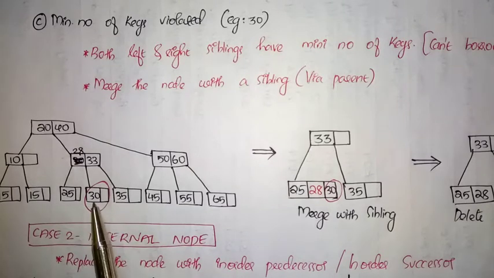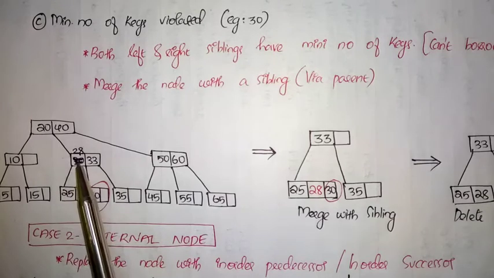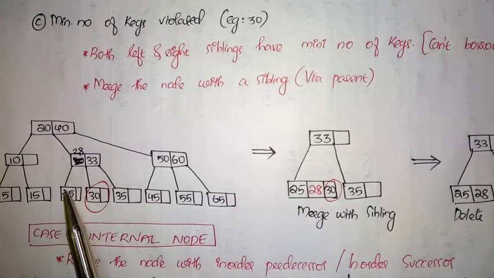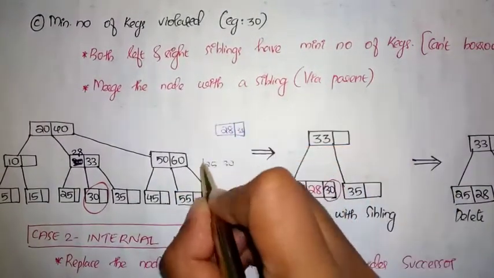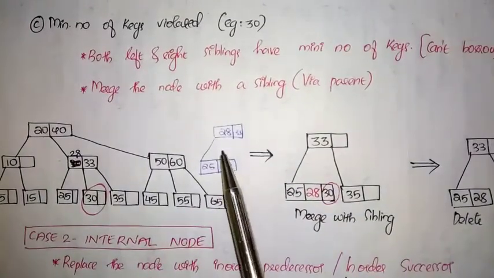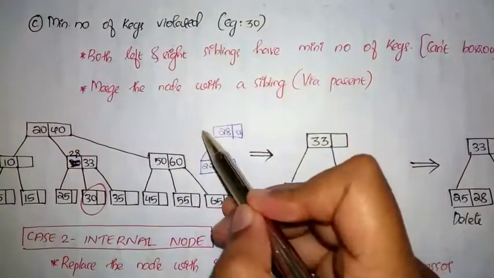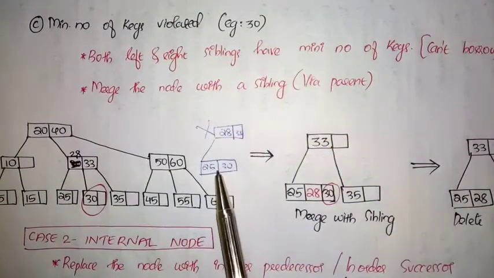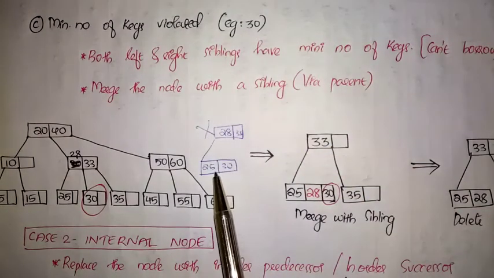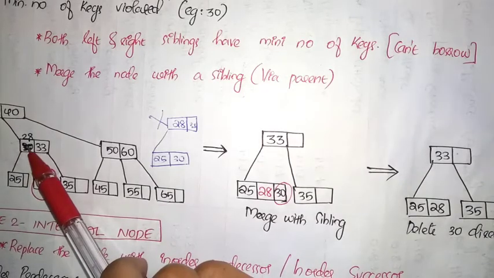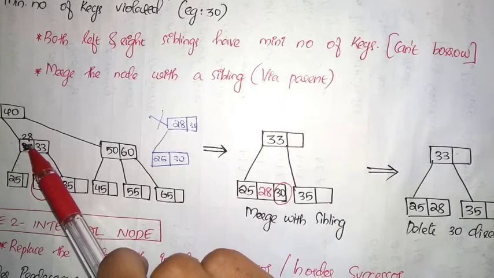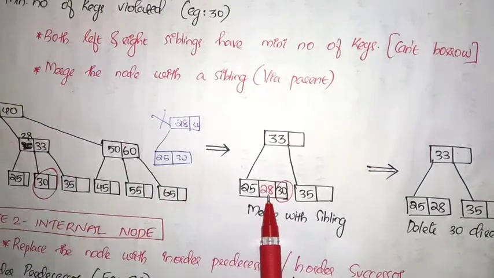So how will this merging take place? I cannot directly merge this 25 and 30 and place this 25 and 30 as the right child of 28, right? Why? Because since 30 is greater than 28, this condition is entirely violated and we cannot merge a node with its sibling in such a manner. I can perform the merging only through this parent node 28. Okay, for that I have to bring this 28 downwards.